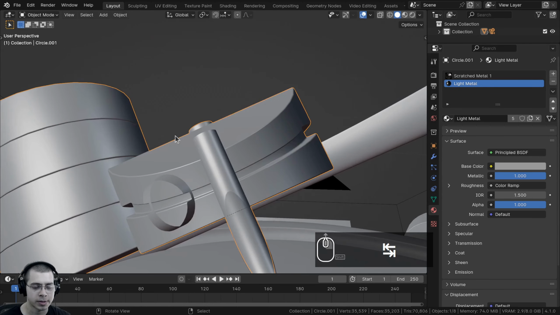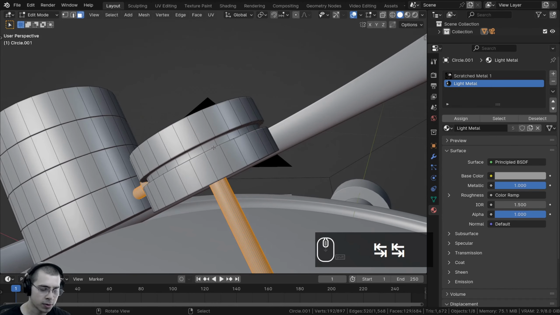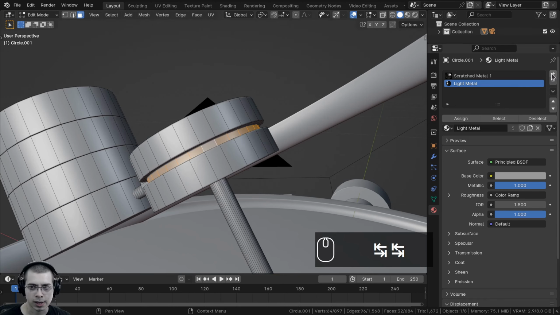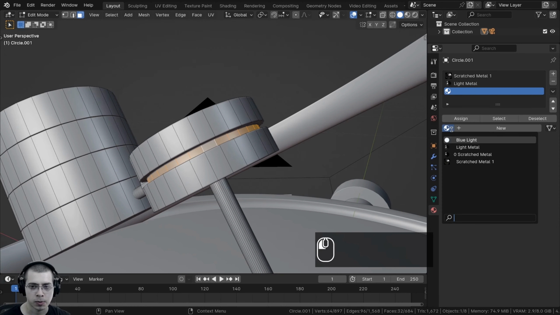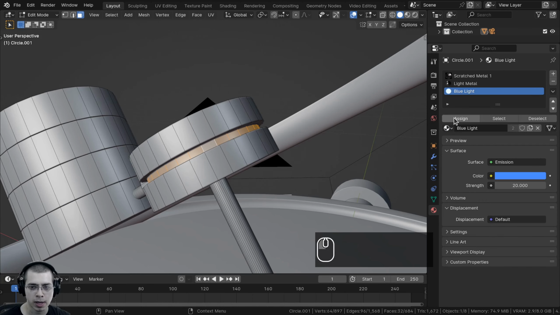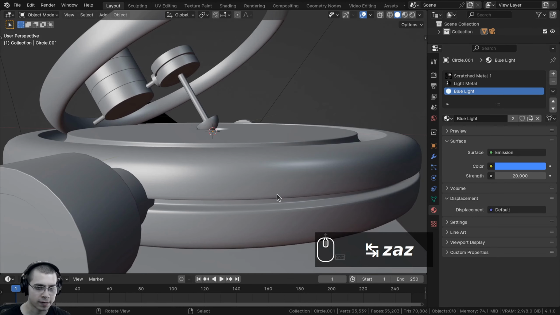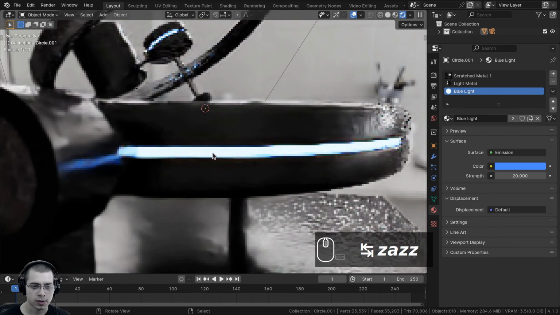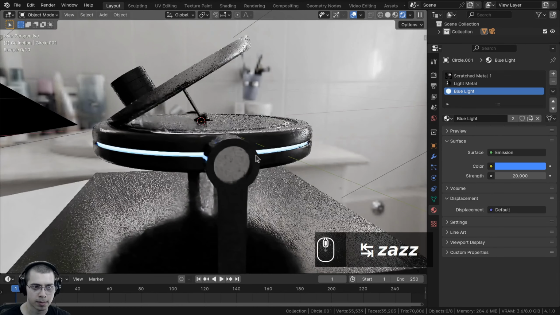All right, and then let's also go back to object mode. We'll select this object and we'll do the same thing. So I'll go into edit mode and I'll hold down the Alt key and select that loop of vertices there. We'll click here to add a new material slot. We'll click on the drop down and we'll choose the blue metal, and then we'll click on assign. So now if I go up into the rendered view, you can see we have a cool sci-fi blue material.